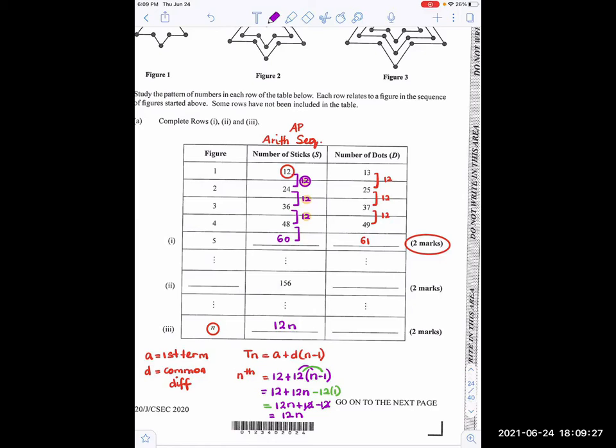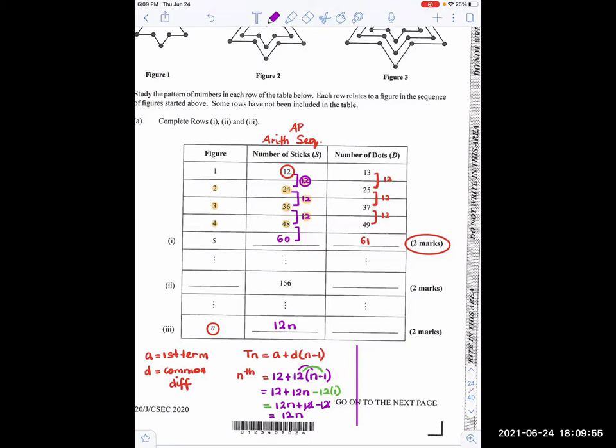If n is 2, 12 2s are 24, not so? Yes. If n is 3, 12 3s are 36, not so? Yes. If n is 4, 12 4s are 48, not so? Yes. Right. Now,